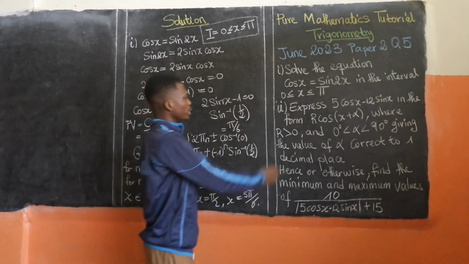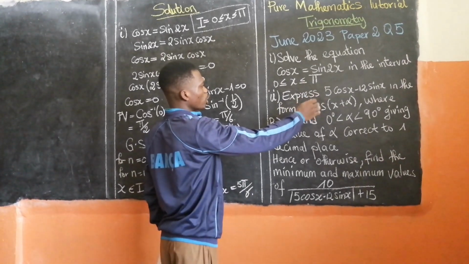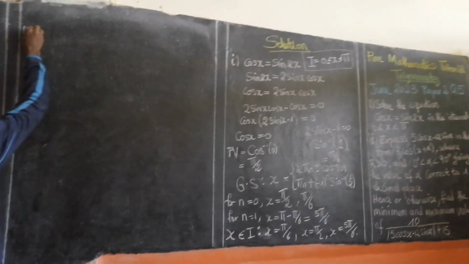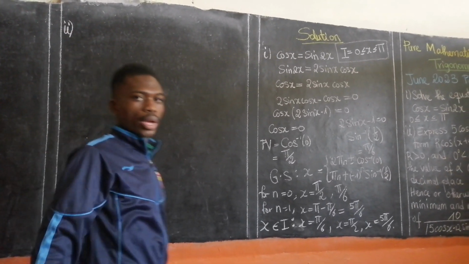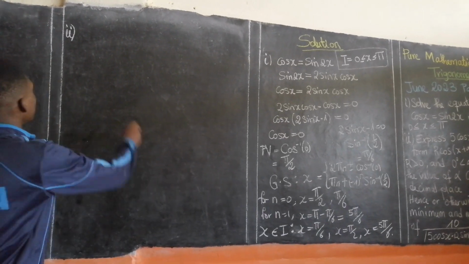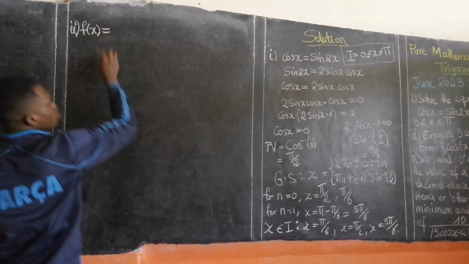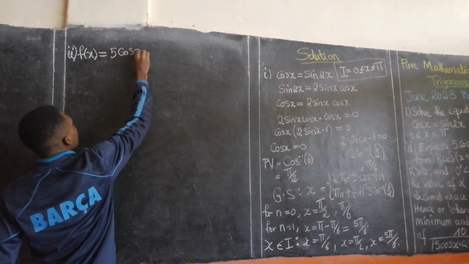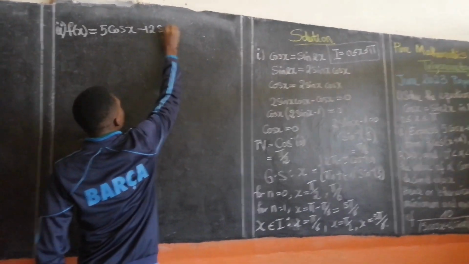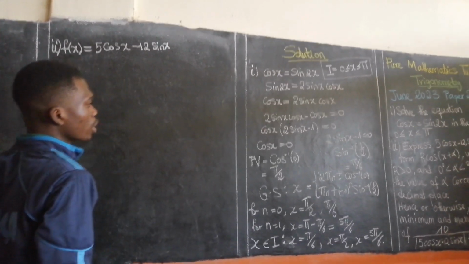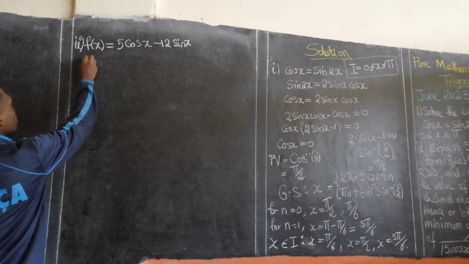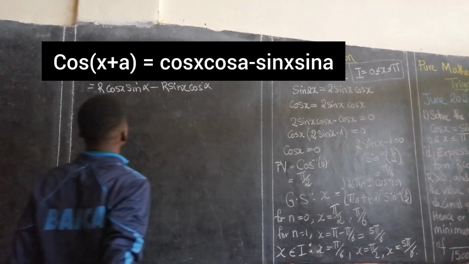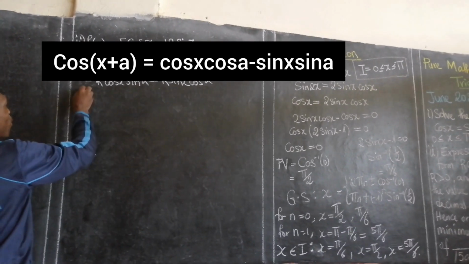Now, in Roman 2, they say express 5 cos x minus 12 sin x in the form r cos(x plus alpha). Roman 2. So we are in Roman 2 now, and let f of x be 5 cos x minus 12 sin x. Good. And then we have to express it in the form r cos(x plus alpha). So now, comparing with f of x,